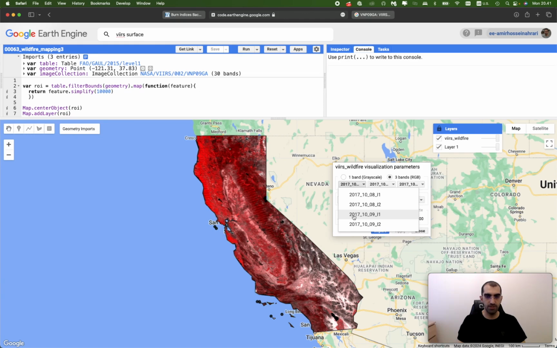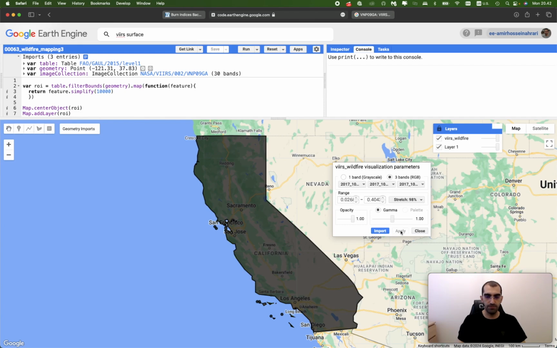The next one, the day after the wildfire started, is day number 9. Now I'm making another false color composite for one day after. I'm setting near infrared to the red and the red region to the green and also the blue channel. Again, through the stretching technique, I'm improving the visualization and click on apply. After a few moments, you can see